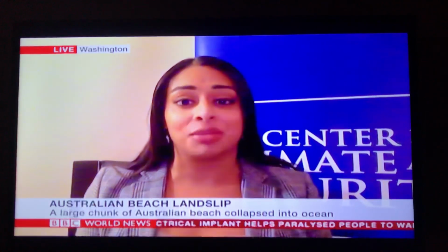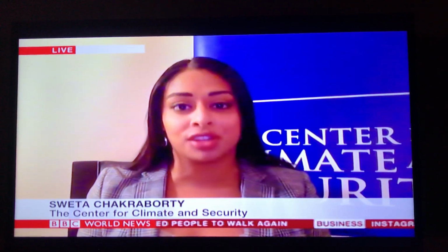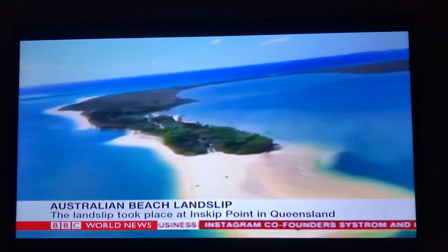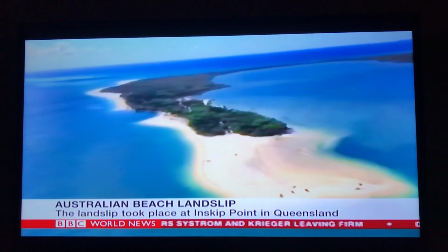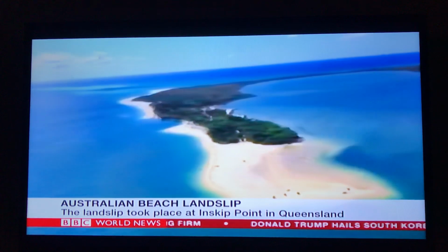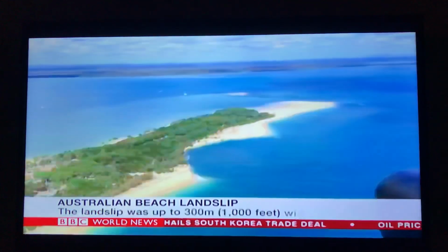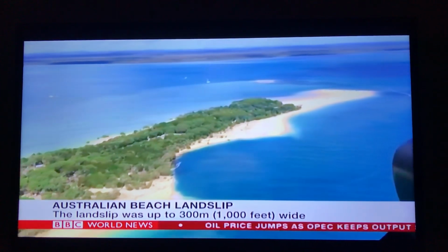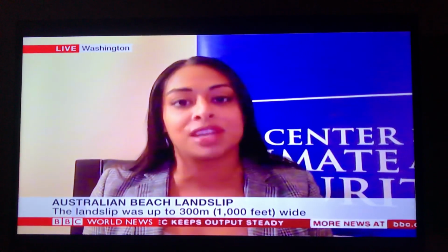And that's a great question. What an incredible scene to just see a chunk of land slipping away into the ocean like that. But if you are able to look under the surface, which geologists do, it's not surprising at all. The conditions are ripe for something like this happening. That area in particular has porous rock underneath the surface. And so all the trends that we're seeing increasing at a global level, that includes increased precipitation, more severe storms, rising sea level, all of these impacts of climate change are resulting in more types of events like